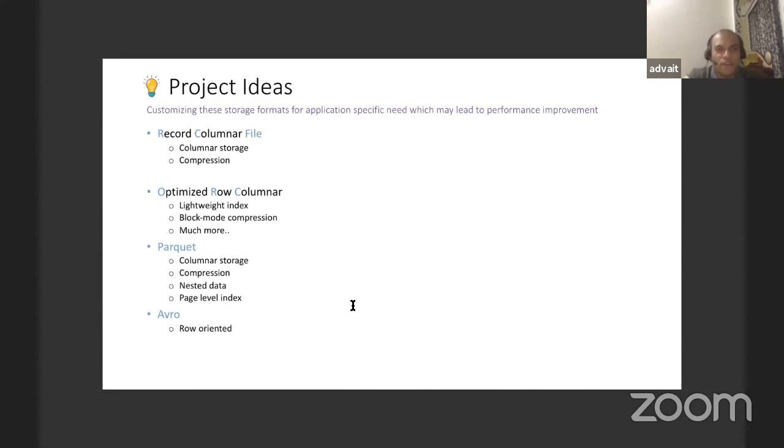And if you are looking for some project ideas, you can go and explore these formats and see how they look, and you can also try to modify them. It's not an easy job, but for your internal project you might find some applications, and you might find some ways to tweak these formats or modify them to add or delete some fields so that they will work better for your different system or different project.